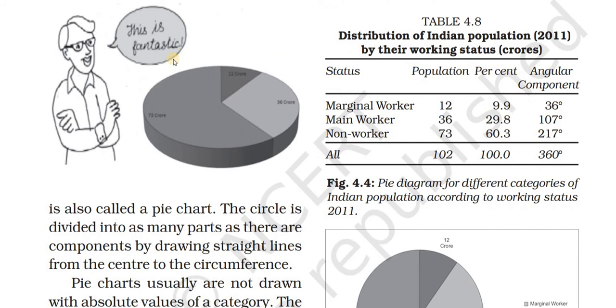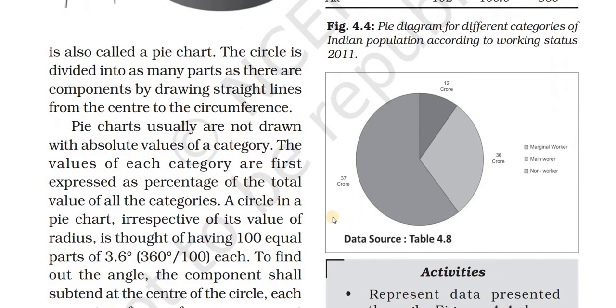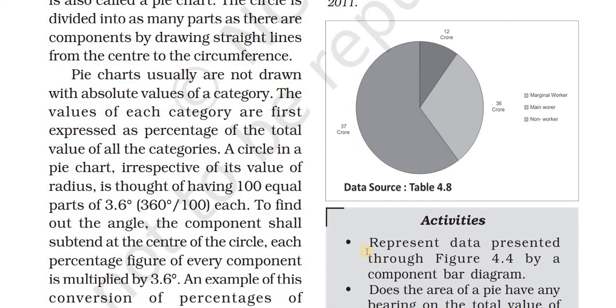It is a method of showing each of the components in the total in terms of their percentage. Here you can see how each of them is sharing. This is the pie diagram. Here you know 73 crore, 32 crore, 36 crore. In one diagram, three components are there. Pie diagrams are very attractive to show the income and expenditure of the government, family budget, crop pattern, power production. It's very easy to show. That is the speciality of the pie diagram.